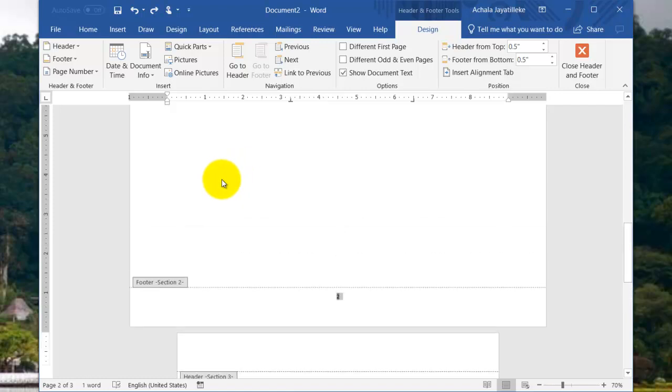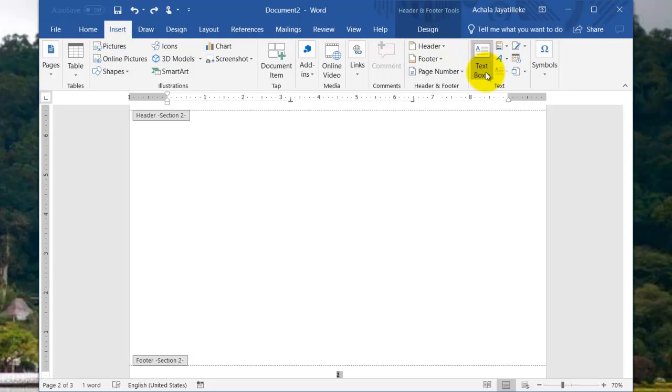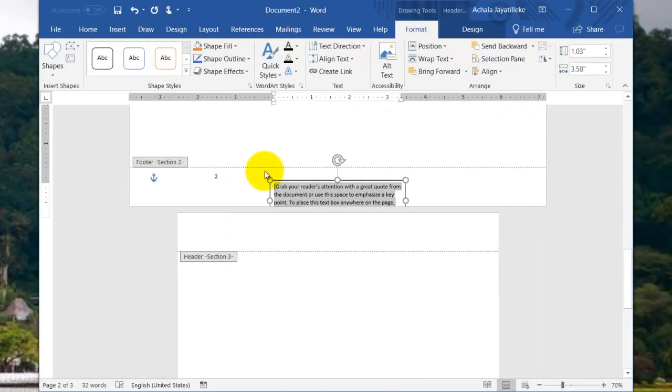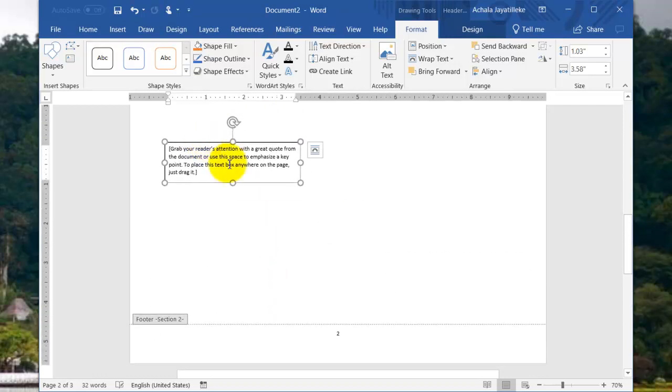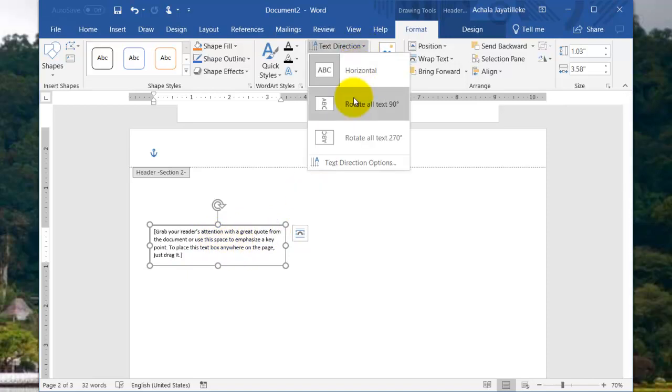Now, to place the page number here, we need a placeholder. For that, I'm going to insert a text box. Go to Insert tab, select text box. Text box is inserted there. So I'm going to move it here. And I want to change the direction of the text. To do that, go to Text Direction, same tab, and